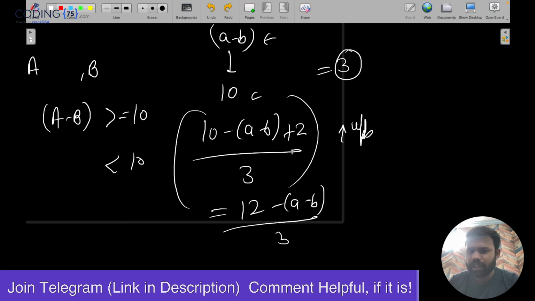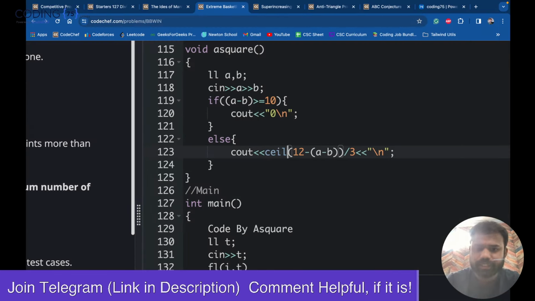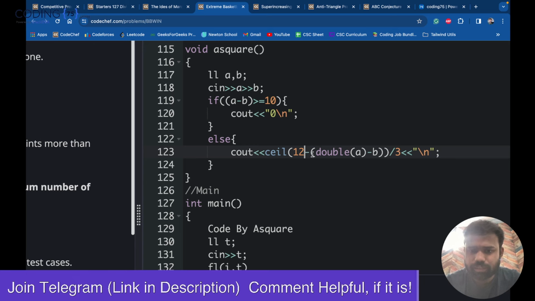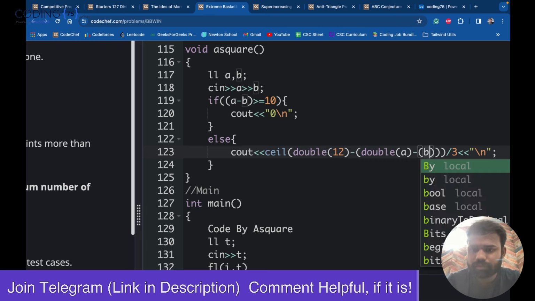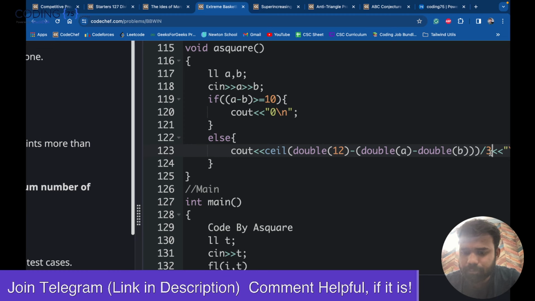Even if you are having difficulty with this, and wonder why I have added plus 2, simply remove this plus 2, find this value, and find its ceil value with math.ceil or whatever ceil function, and then get this. For example, if you use ceil, you have to make this a double, because now you want double division.